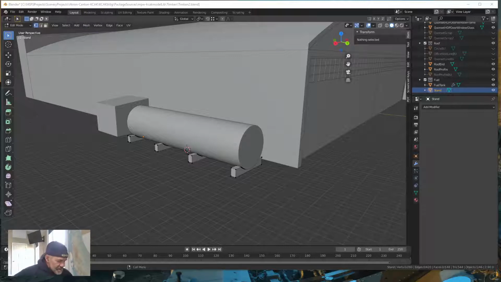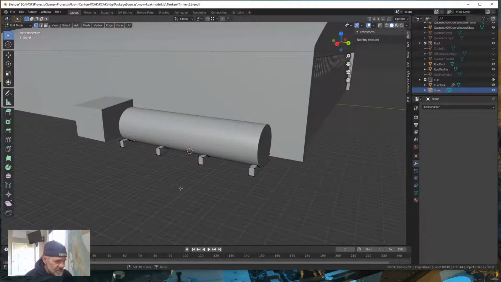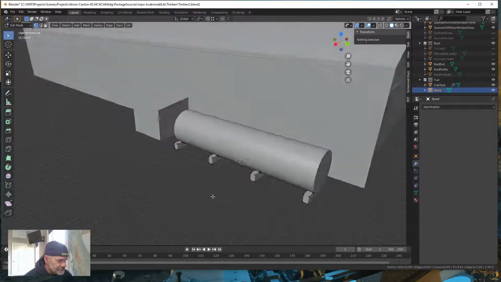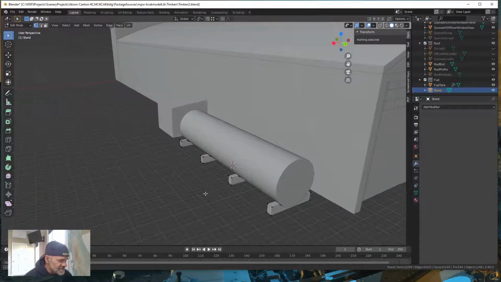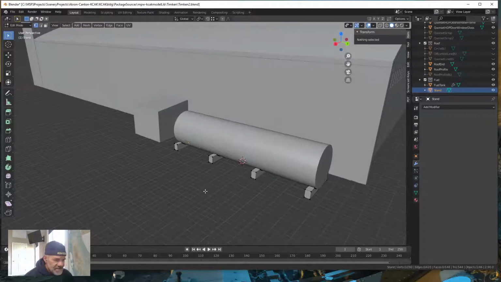Okay, where was I? All right, so we're going to add a few more things to our fuel tank, and then we're going to start working on the piping. And let's see what we come up with. Usually on a tank,